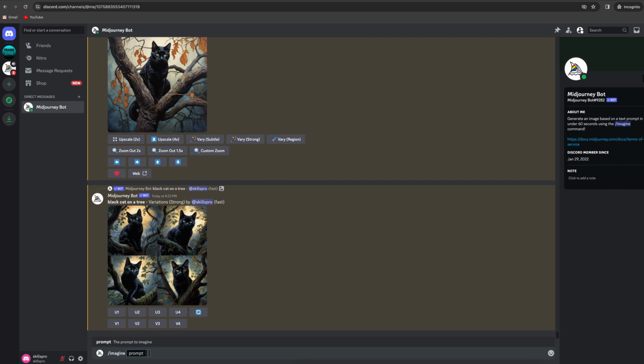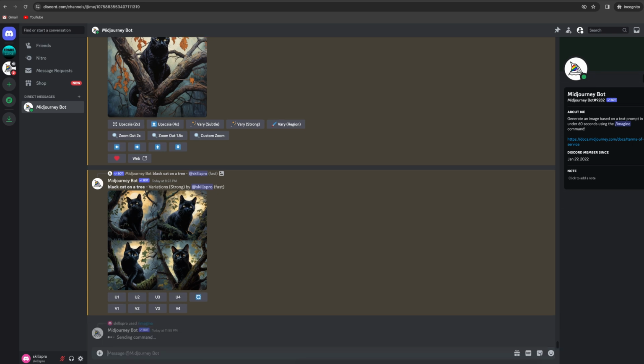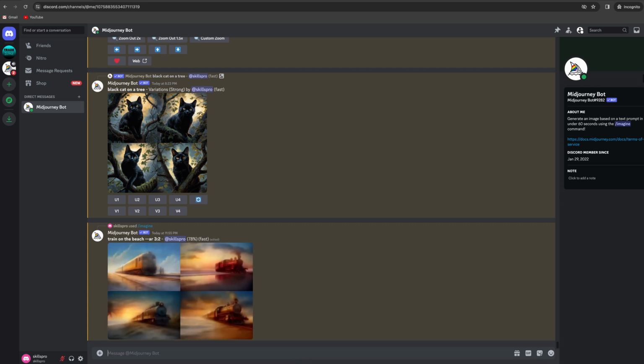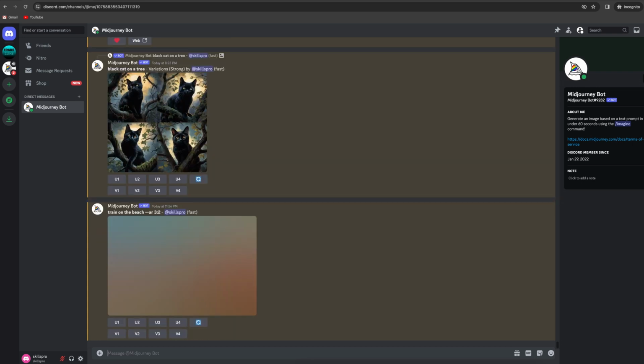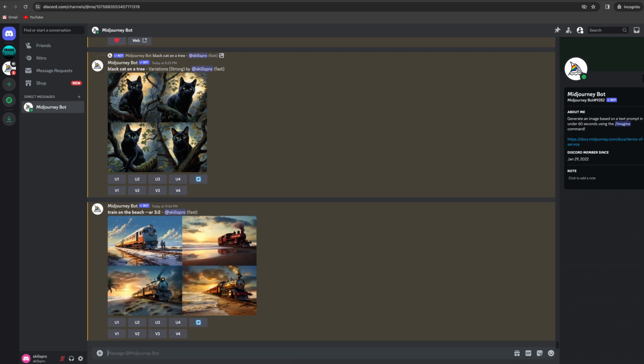Let's go with train on the beach. Then after a space, put 2 dashes, ar, another space, and 3:2, and hit enter. Wait for Midjourney to generate the image. We mentioned in our prompt that we want an image with an aspect ratio of 3:2, and now we got a horizontal picture. Pretty cool, right?